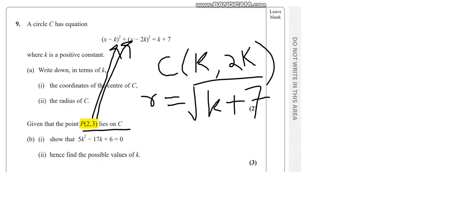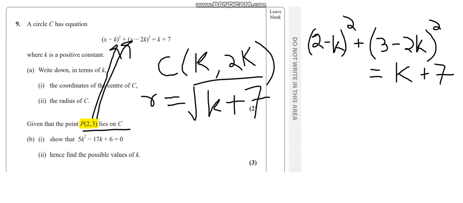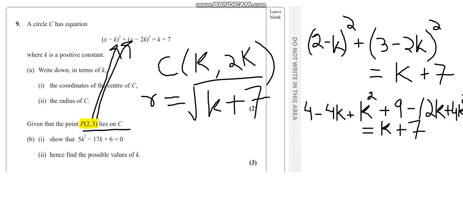So we'll read and write as, there you go, I've plugged in my coordinates. That's (2 minus k) whole squared plus (3 minus 2k) whole squared, and that's equal to k plus 7. Now the next step you should be following is just open up the bracket and take the square of 2 minus k two times, and we will get something like, there you go, expanding the bracket,